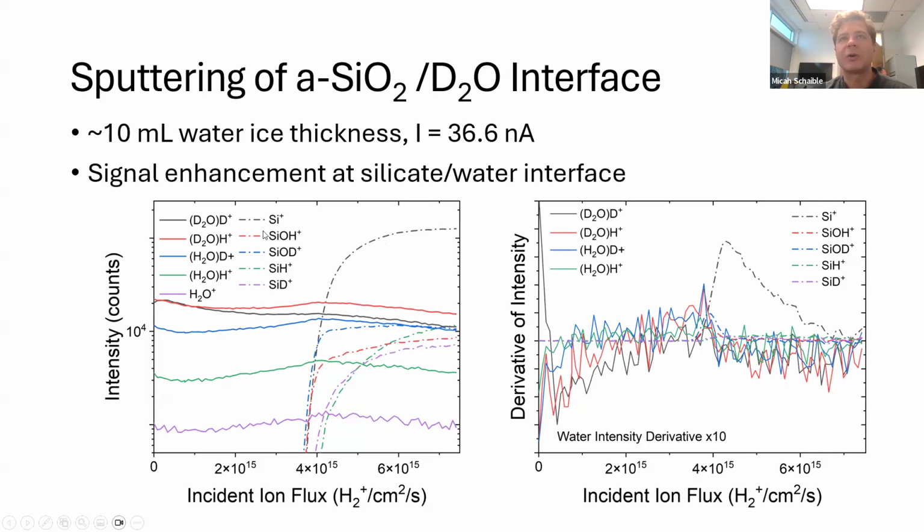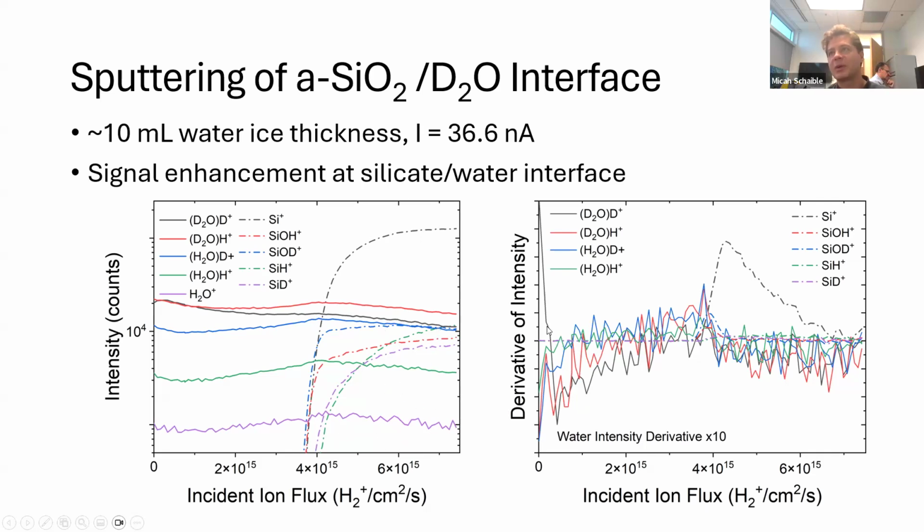And so then the substrate ions are shown by the dashed lines in the Si containing ions. So we see that just as those secondary ion peaks from the substrate are growing in, the water group ions pass through a maximum and then begin to decay with first order desorption kinetics. We could have kept irradiating, and we'd see that eventually all of these water ions would go away. We stopped the experiment just due to time constraints, but we do see that as the substrate signal goes in, we are indeed removing the residual water from the surface.